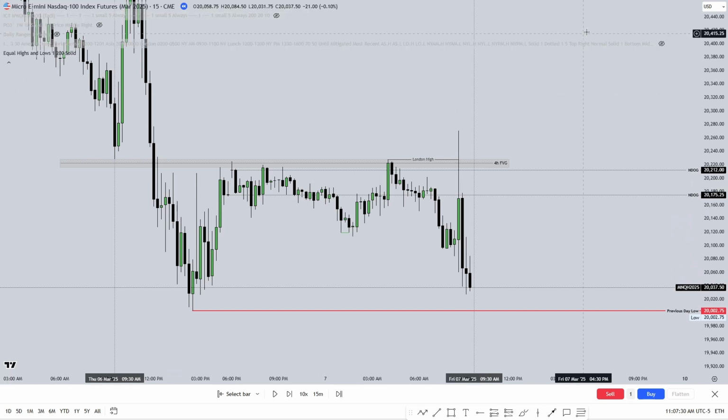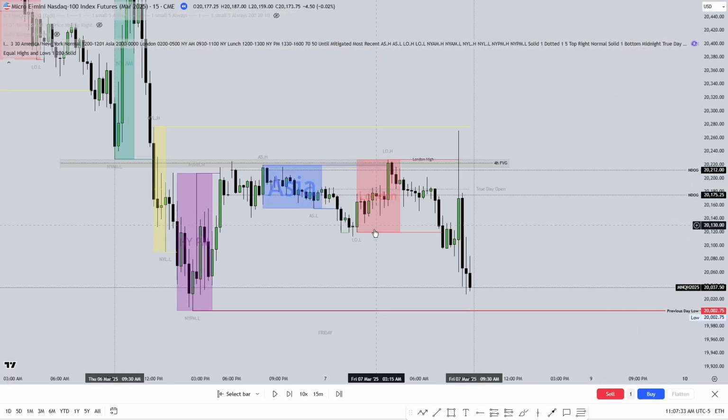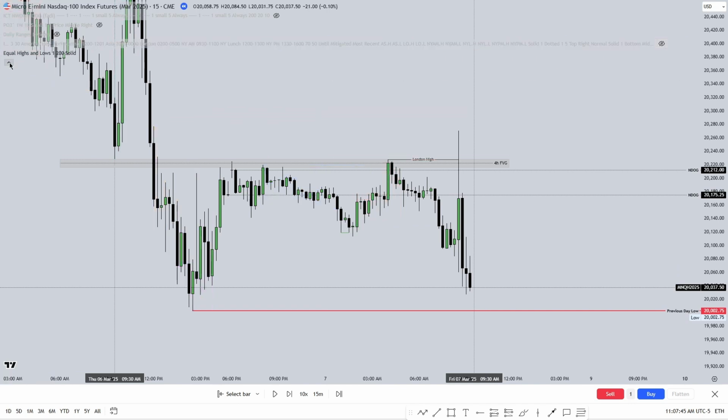So if we bring out my indicator right here to find session liquidity, we see that we have London highs right here. This high was created at 4 a.m., okay? And London session runs from 2 a.m. to 5 a.m. And we want to look for significant swing highs and swing lows up until that point. Also bring out my daily range divider just so we can see where Friday actually started. So this is midnight right here. At this point, we created this low during London. We traded up higher during London into that 4 hour fair value gap right here and started trading lower. Okay. This low still intact.